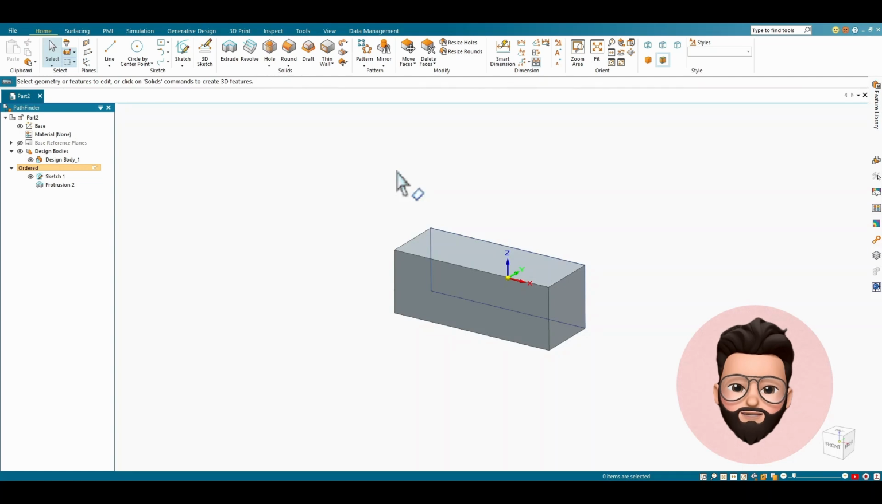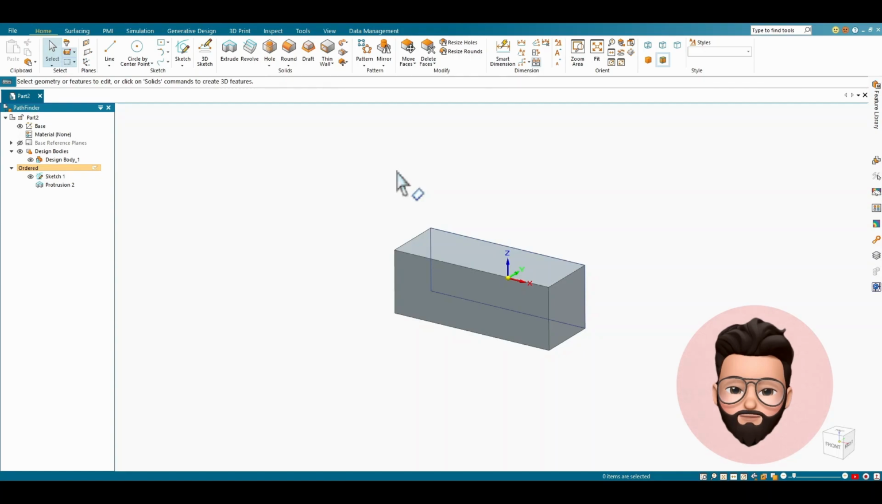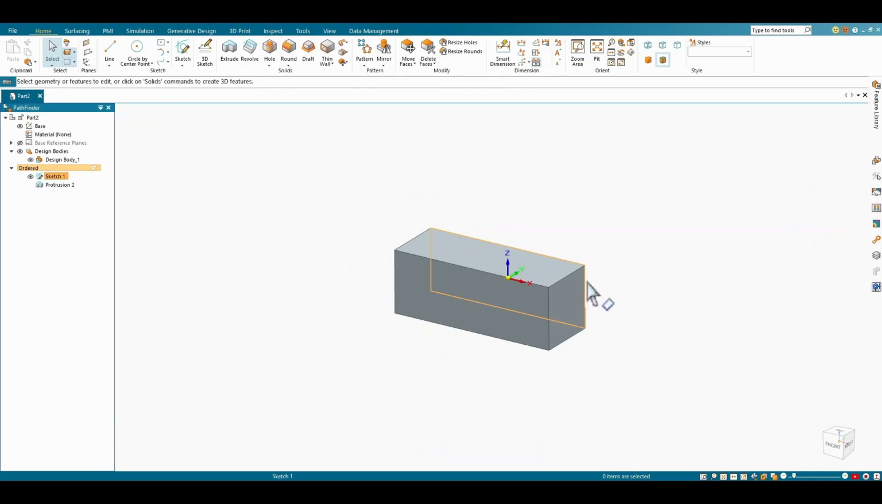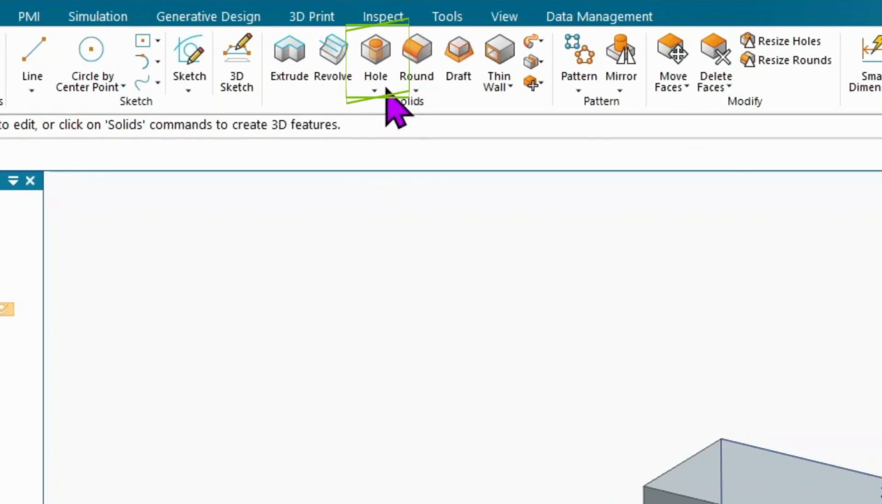In today's video, we will be focusing on a great feature in Solid Edge, the hole tool. So let's get started. I have this part here that's basically a simple box where I wish to add some holes for some screws. To do so, I can use the holes feature. Click on the hole feature,